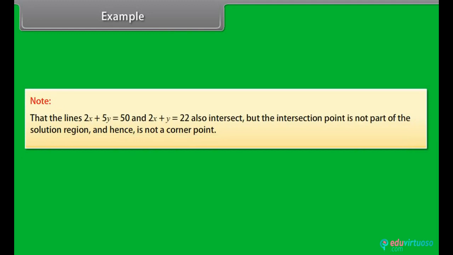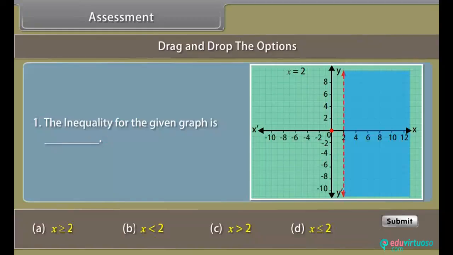Note that the lines 2x plus 5y is equal to 50 and 2x plus y is